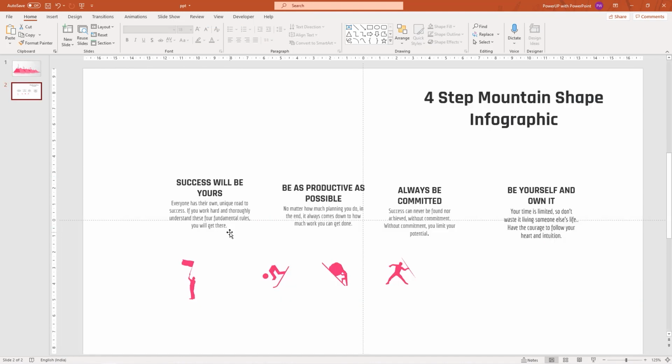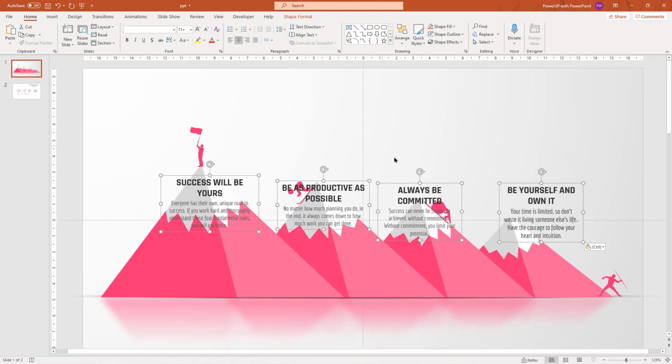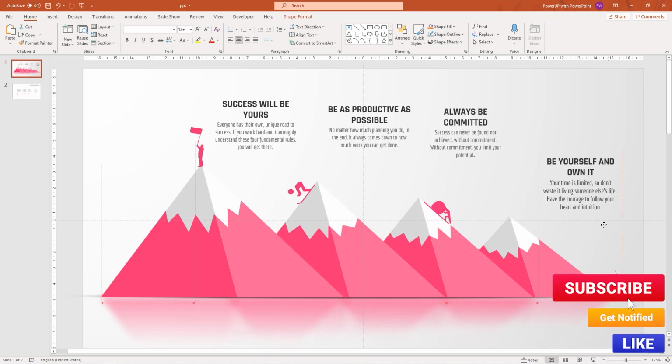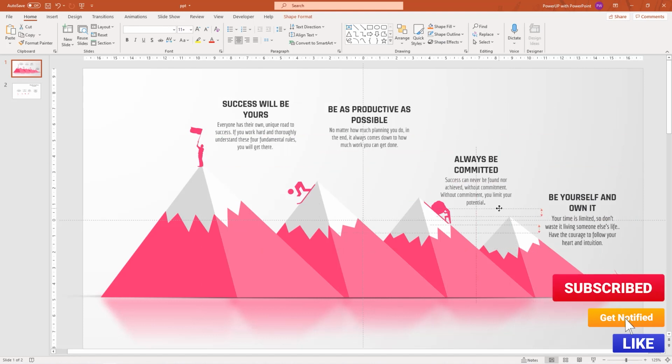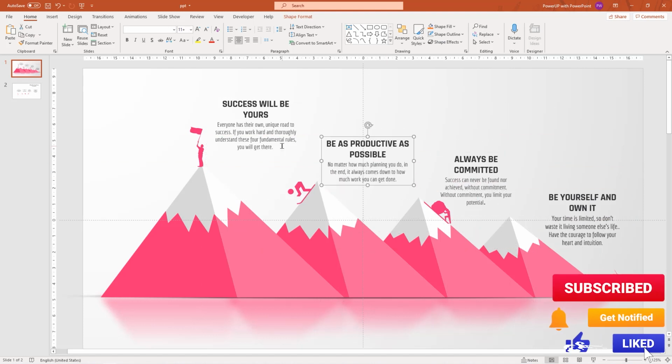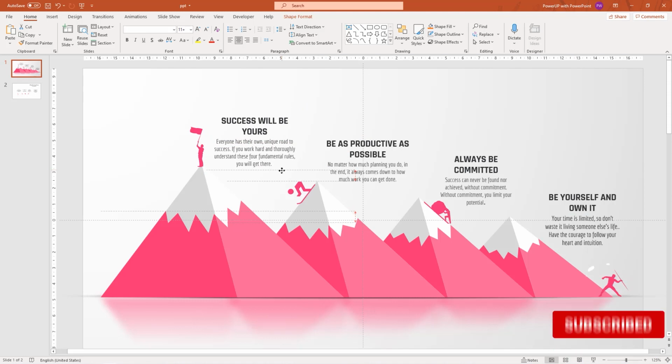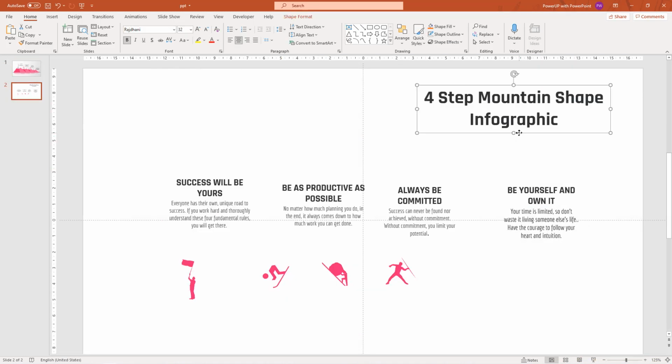Add the heading text fields and then place them as per the mountain heights. At last, add the title text.